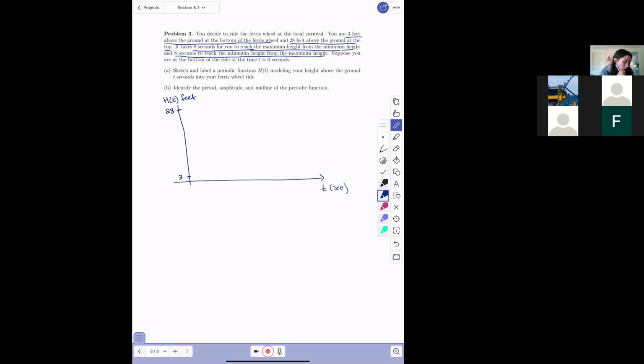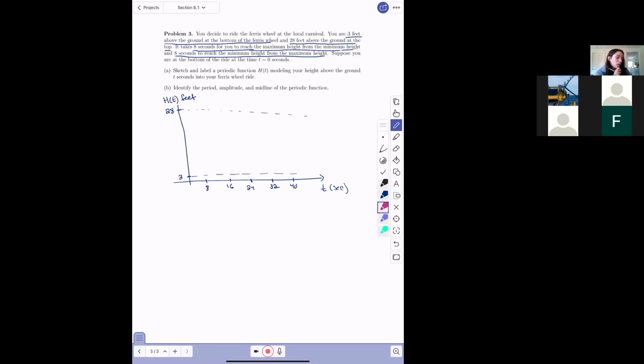And then it's every 8 seconds that we either go from the top to the bottom or the bottom to the top. So we'll have 8, 16, 24, 32, 40. Okay, I'll draw my lines across where my maximum and my minimum are to make it easier when we